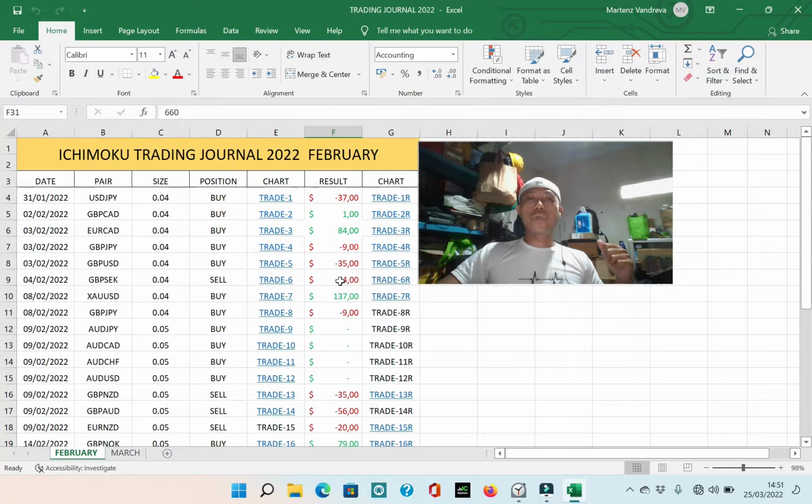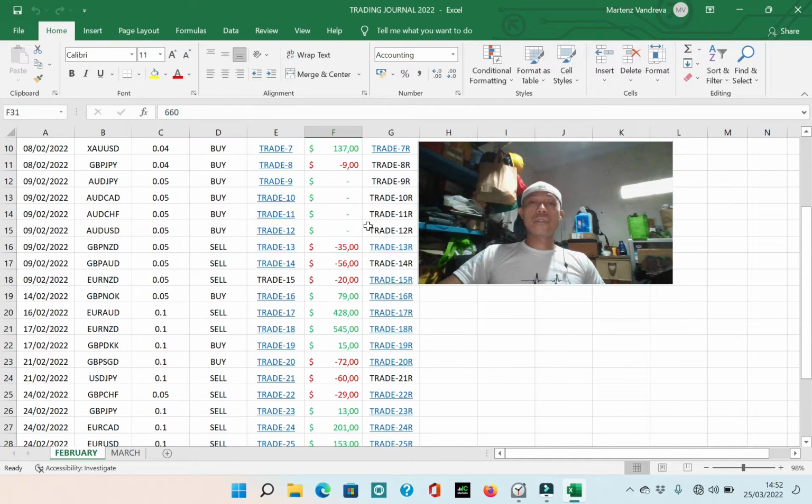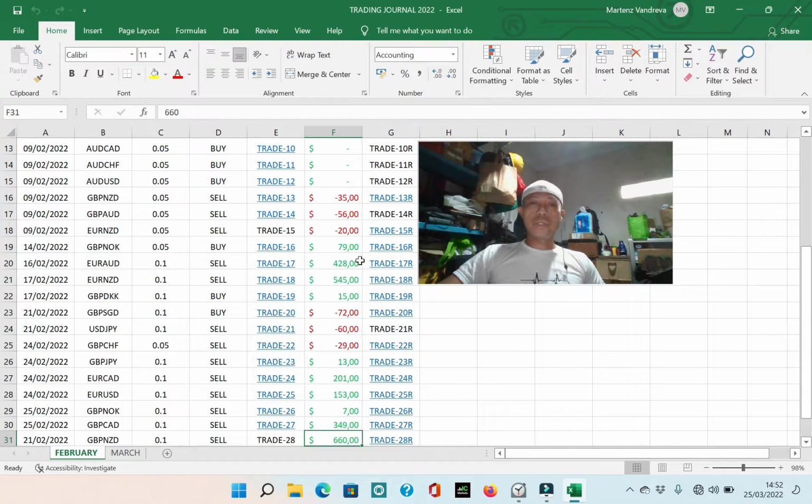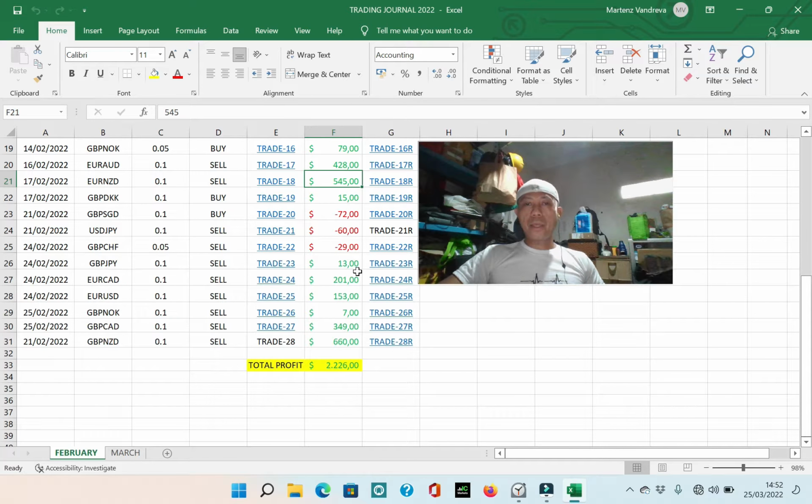If you're talking about the risk, I think the risk is quite minimal. I keep the risk at a reasonable level, not really having a bad risk per trade. You can see as well, this Euro Australian dollar I made 428, Euro New Zealand dollar is 545. So this is a really handsome profit and I'm really happy, because I was not expecting that in the month of February I would make